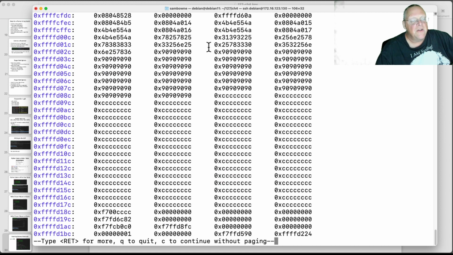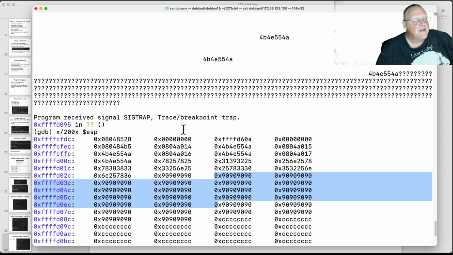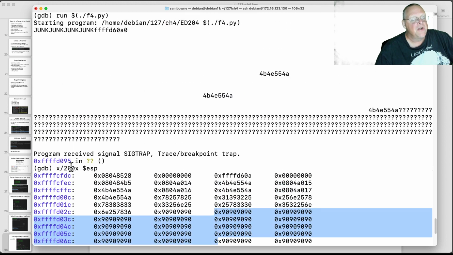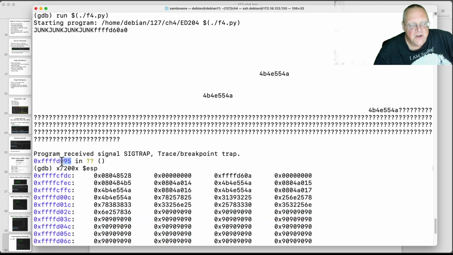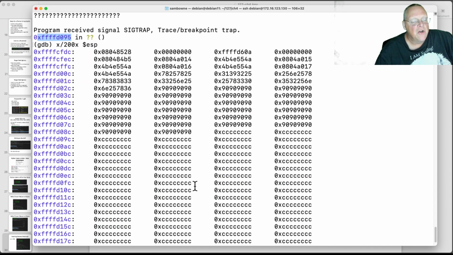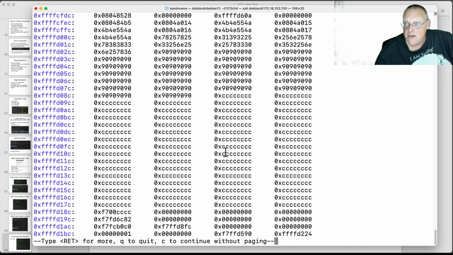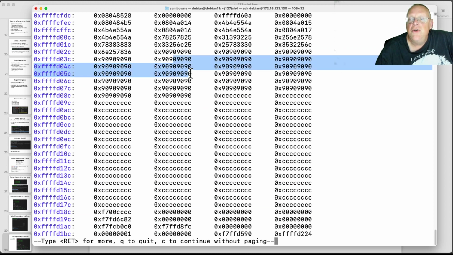So if it slid down the NOP sled, it would hit a C here at FFFFD0. This is 94. D094 is where I'd expect it to stop. And there it is, D095. So it executed the CC at D094, and the next instruction pointer was D095, and then it stopped because it was a break. So we did succeed in reaching the shellcode and running it. This is a real important test, because one common problem is you have data execution prevention, and even though you can inject code, you can't run it. But on this machine, I can.